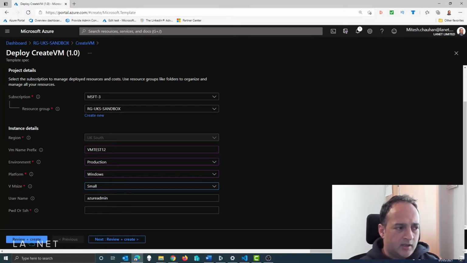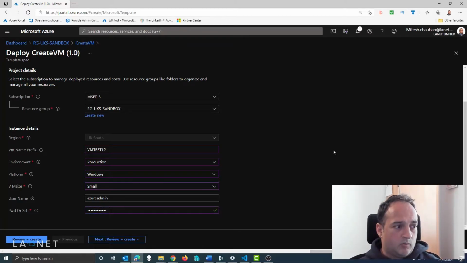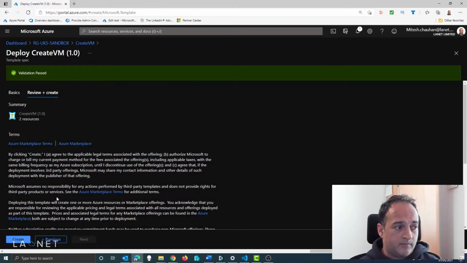At the moment, I don't see a way to have more than two settings. There probably is a way. Also, the referencing for the passwords for the key vault doesn't seem to be there right now, but that may come, or I might have just missed it. So basically, we've got some abstraction from the technical aspect, so the users don't need to know network names or RDP ports or NSGs or anything like that, because we cover all that in the background in the template. So let's go and just create this VM.